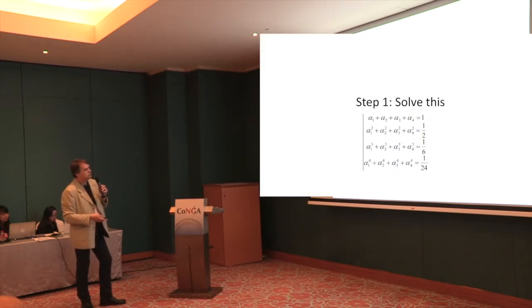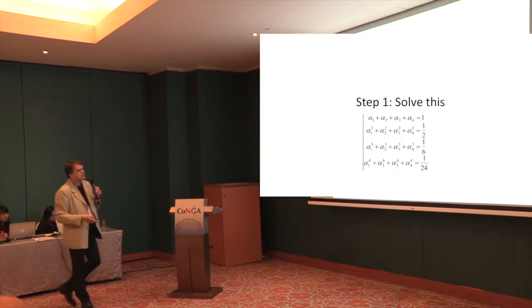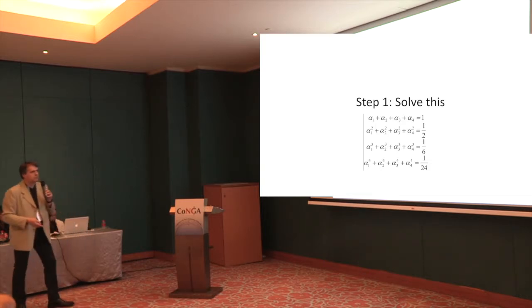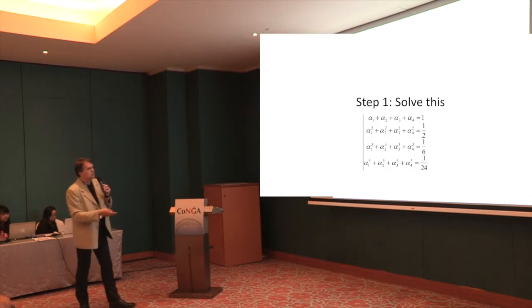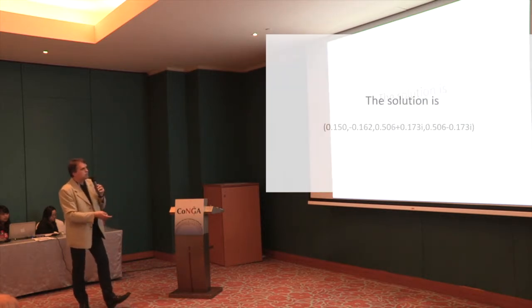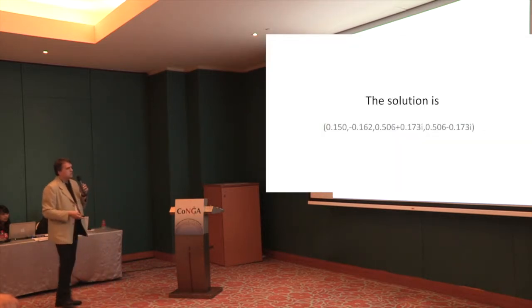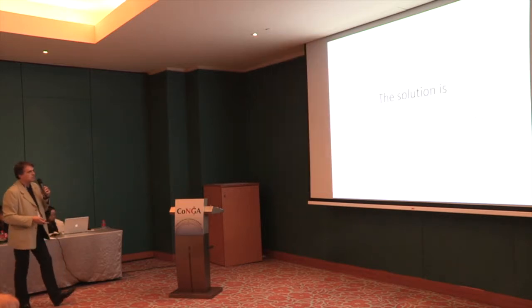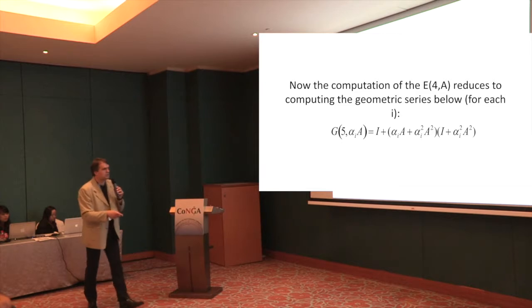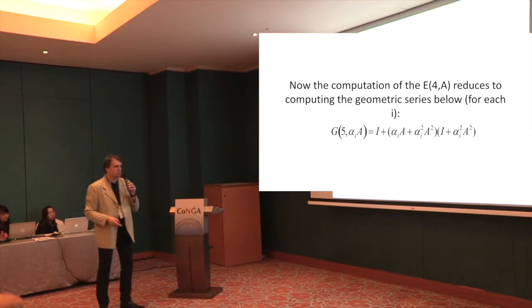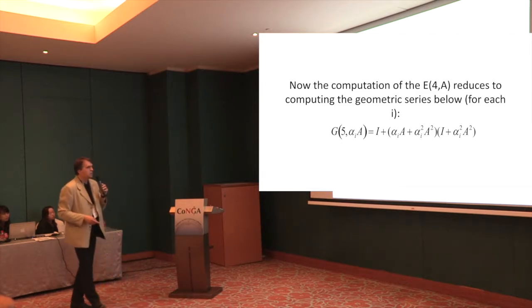So what we need is to solve the system. This is a toy example, and of course it can be solved for much larger problem sizes. Like that, we obtain the solution, and in this particular case the solution is complex. But there are methods to avoid complex arithmetic, and something that is perhaps more important in quantum mechanics,